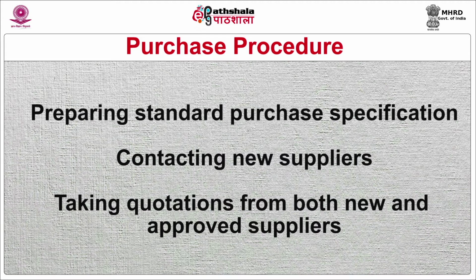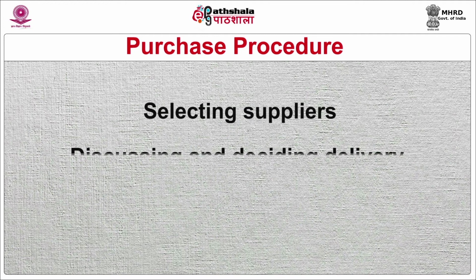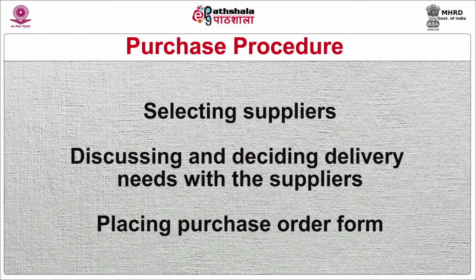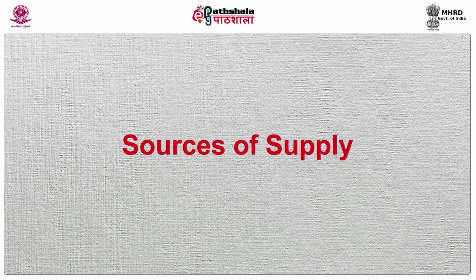new and approved suppliers, selecting suppliers, discussing and deciding delivery needs with the suppliers, placing purchase order. Sources of supply. An establishment, depending upon its size, type and style, and also on its quantity and quality of commodities required, decides its sources of supply. It may be direct purchase in cash form, market or suppliers on contract basis, or directly from the